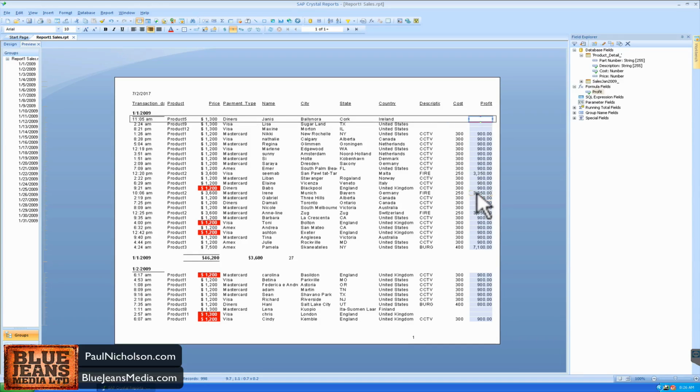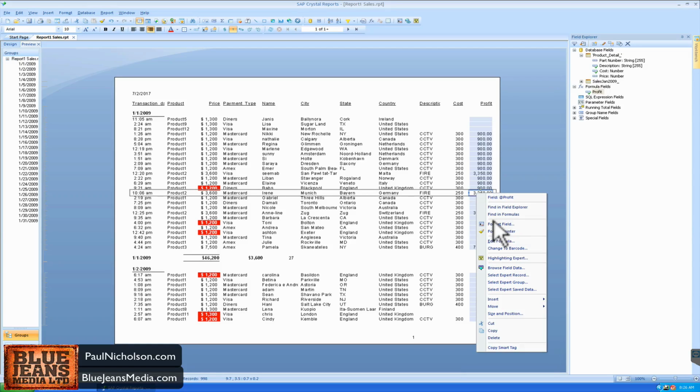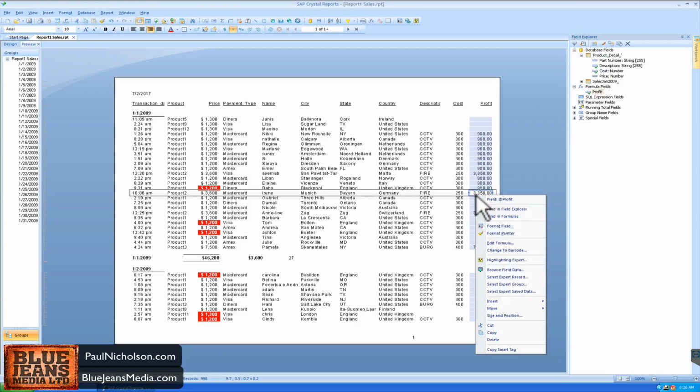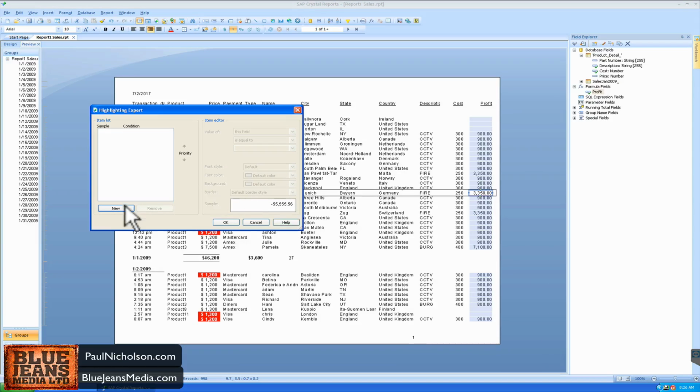So again, I could highlight anything. So if I wanted to make $1,000 a sale, I could format this field to say, highlight this field, highlight expert to show this field is greater than or equal to 1,000, then make it green or something, right? Yeah, anything